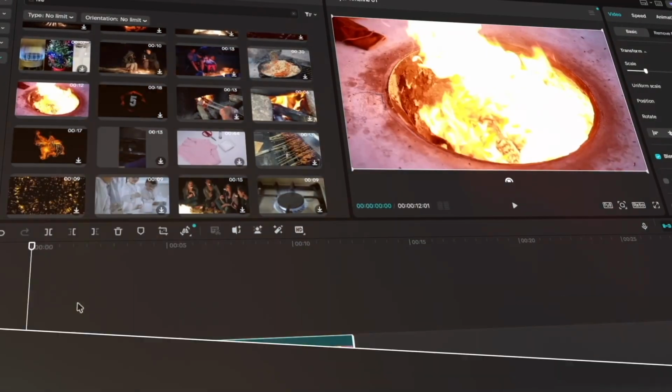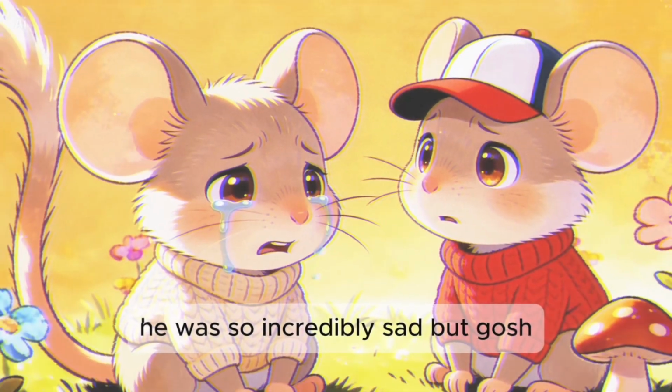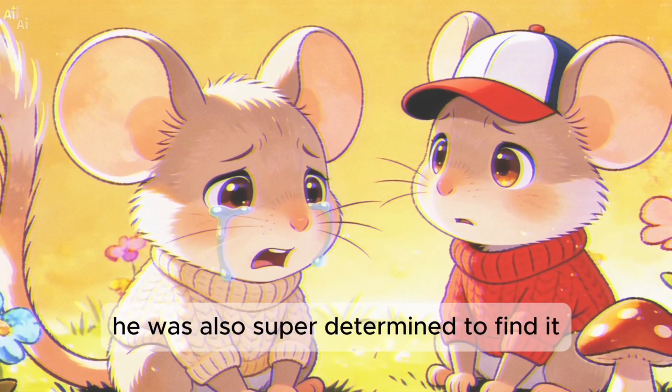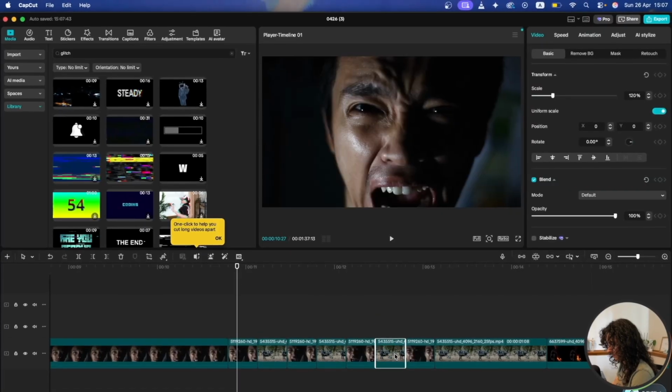Hi there! Want to improve your video editing skills using real projects in CapCut? In the next minutes, you're going to learn the editing fundamentals and do your first creative challenge using AI and stock footage. In the full course, you're going to go even further with complete editing projects, creative workflows, and more